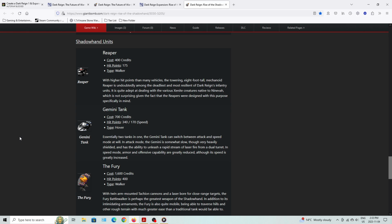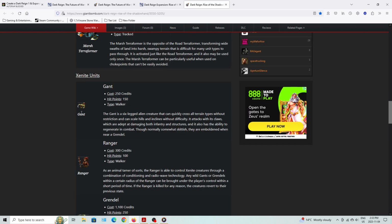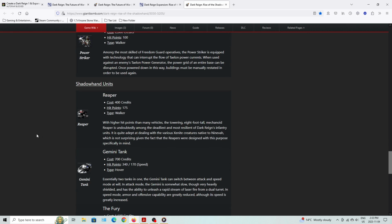Not that Reapers have a sort of advantage against Xenite creatures, but one-on-one, a Reaper versus, say, a Gant, the Gant basically wins. This week, the Gant will actually beat a Reaper if it attacks it, but whatever. The thing about the Reaper is that they do a lot of good damage, but they fire